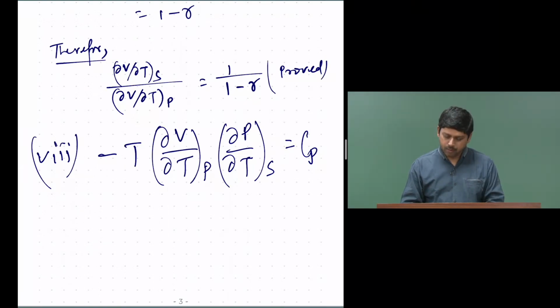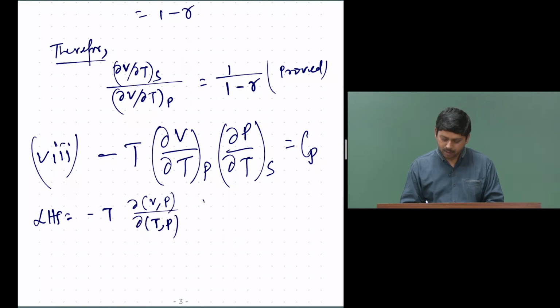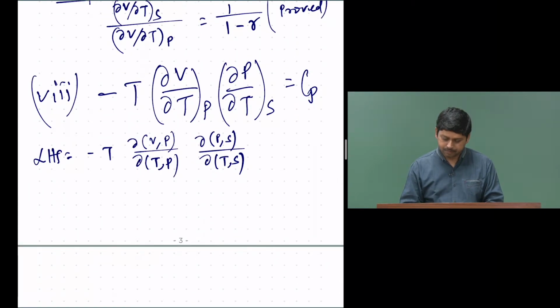Okay. So, this is straightforward. So, we will start with the left hand side and we will just expand it in Jacobian form. So, we will write del V P by del T P and we will write del P S by del T S. So, minus T,